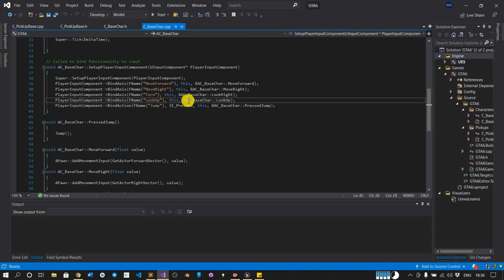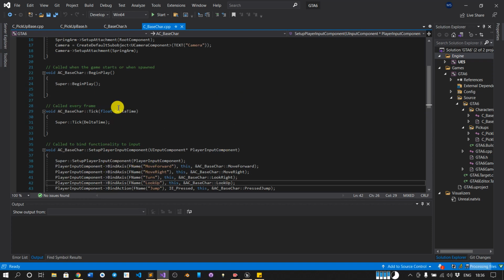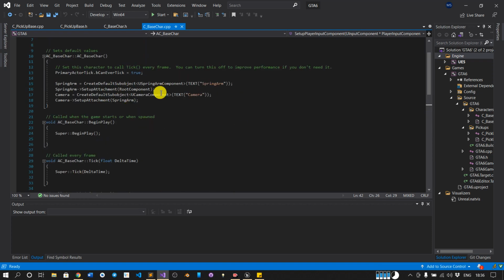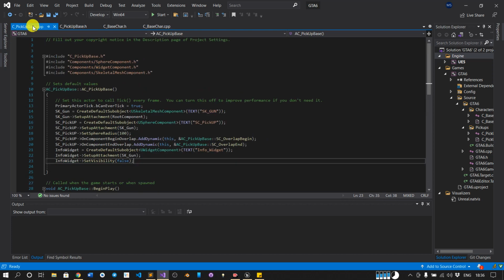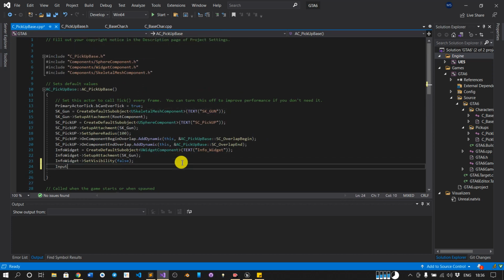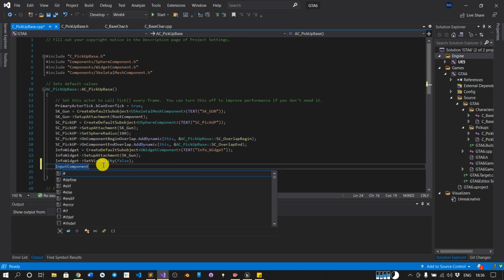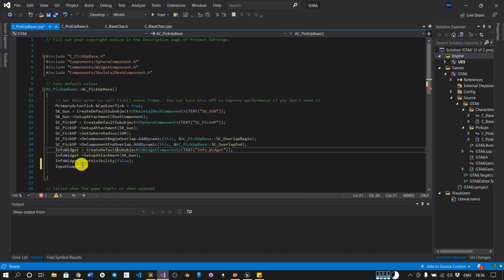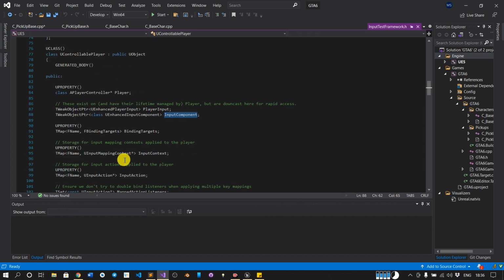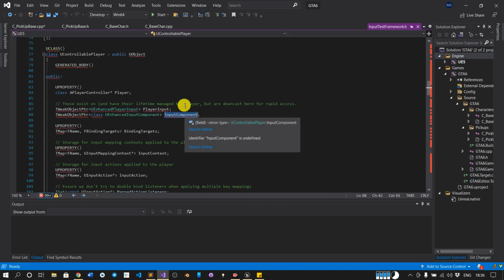But if you go to InputComponent, see, if I press left control with the mouse button, this variable is available in our UObject.